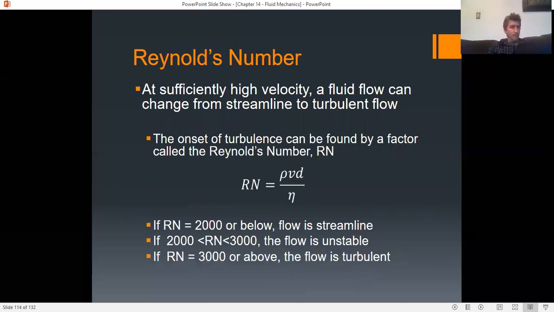Okay, Reynolds number. At a sufficiently high velocity, a fluid flow can change from streamline to turbulent. And the onset of turbulence can be found by calculating the Reynolds number. Now, the Reynolds number is related to the density of the fluid. So